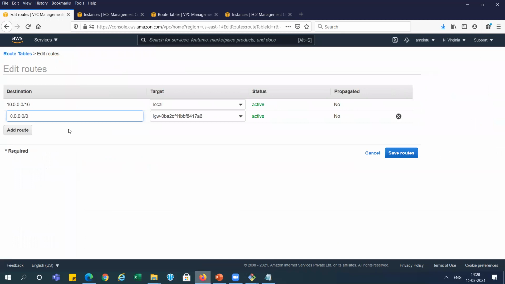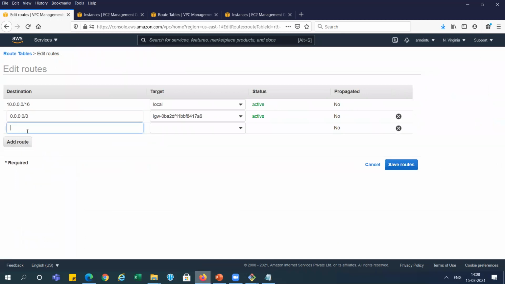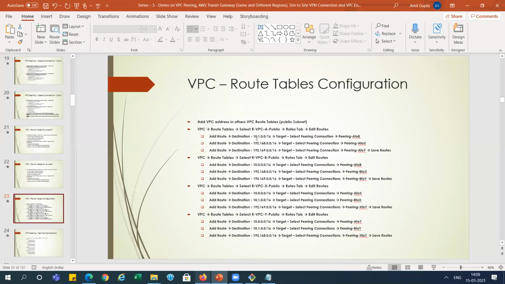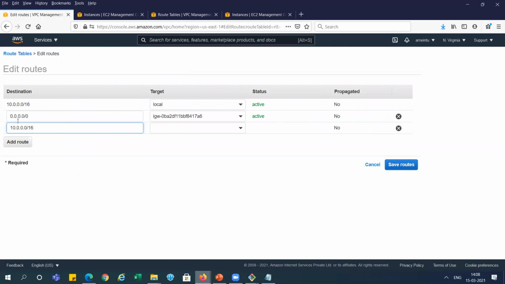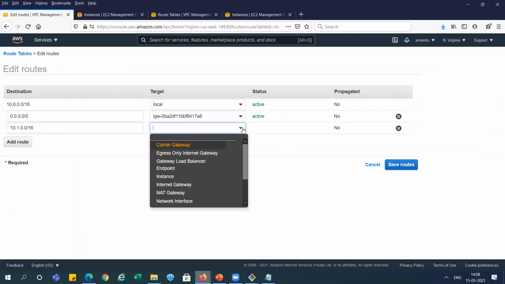So we need to go and define the subnets right there. So you can see I have written all those steps here, which we need to select. So for this instance for the VPC Y, right? I've given the CIDR for VPC Y, VPC B, and we will select how to target it.